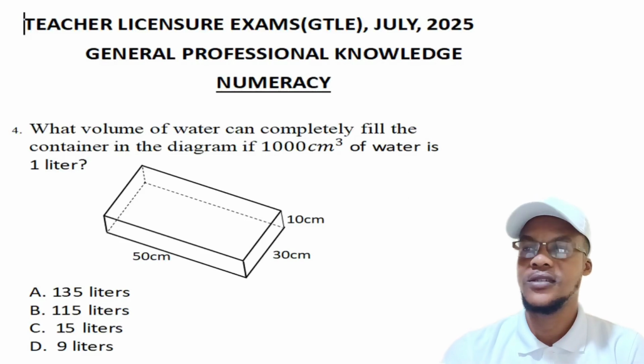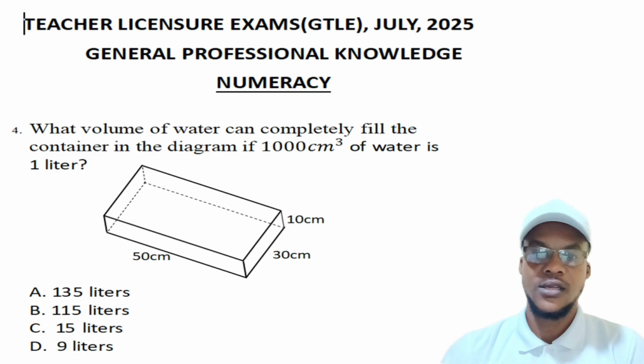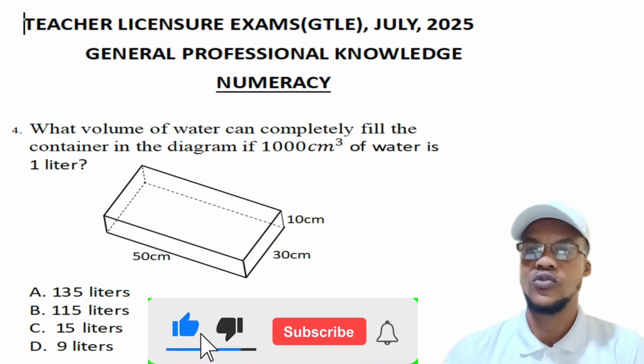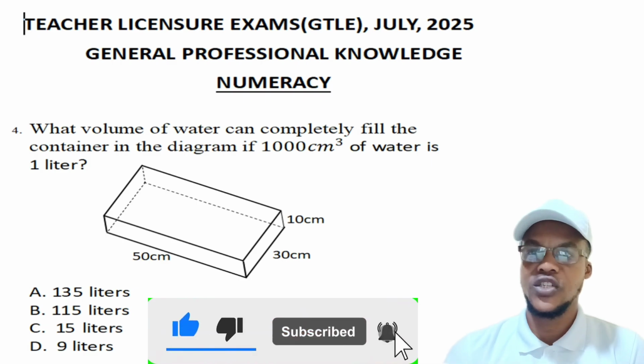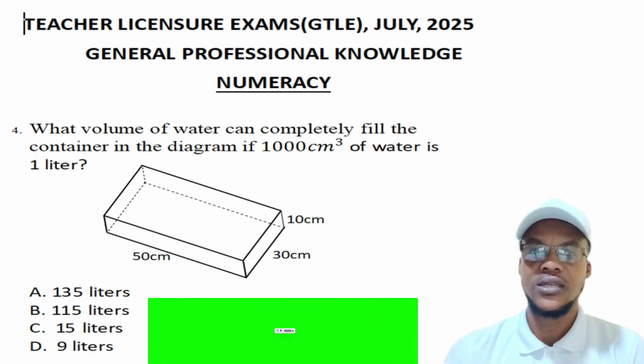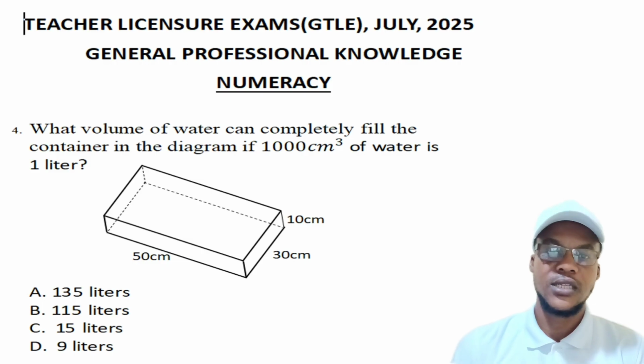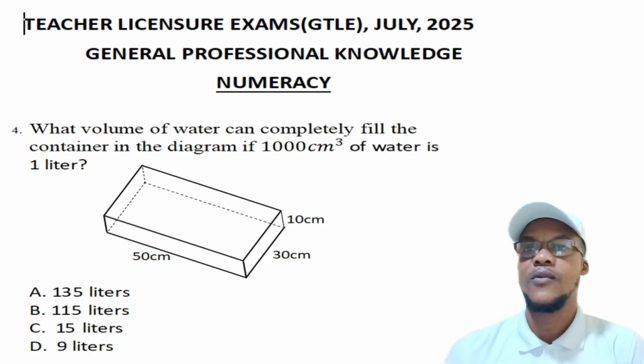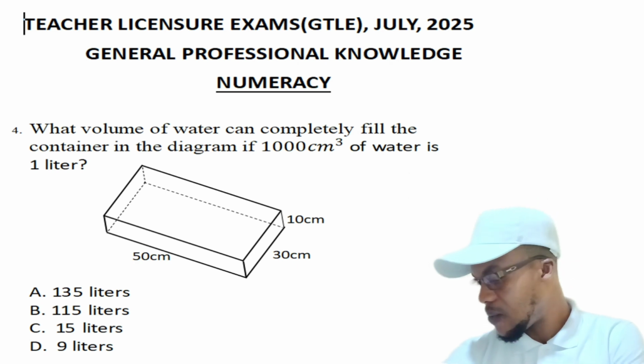Today is another great opportunity to meet once again to solve some of the questions of the Teacher Licensure Examination July 2025, and this is the General Professional Knowledge numeracy. In a previous lesson, we solved questions 1, 2, and 3. This time we are going to look at questions 4, 5, and 6. As I said, we shall be taking them one after the other and look at how best we can